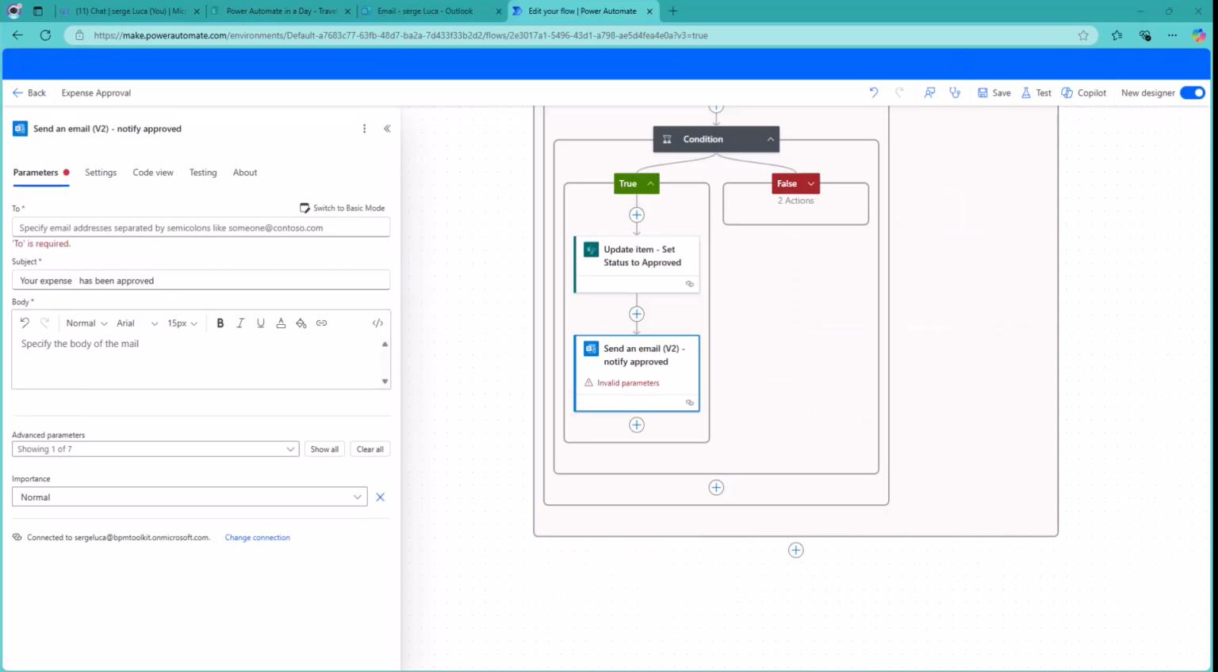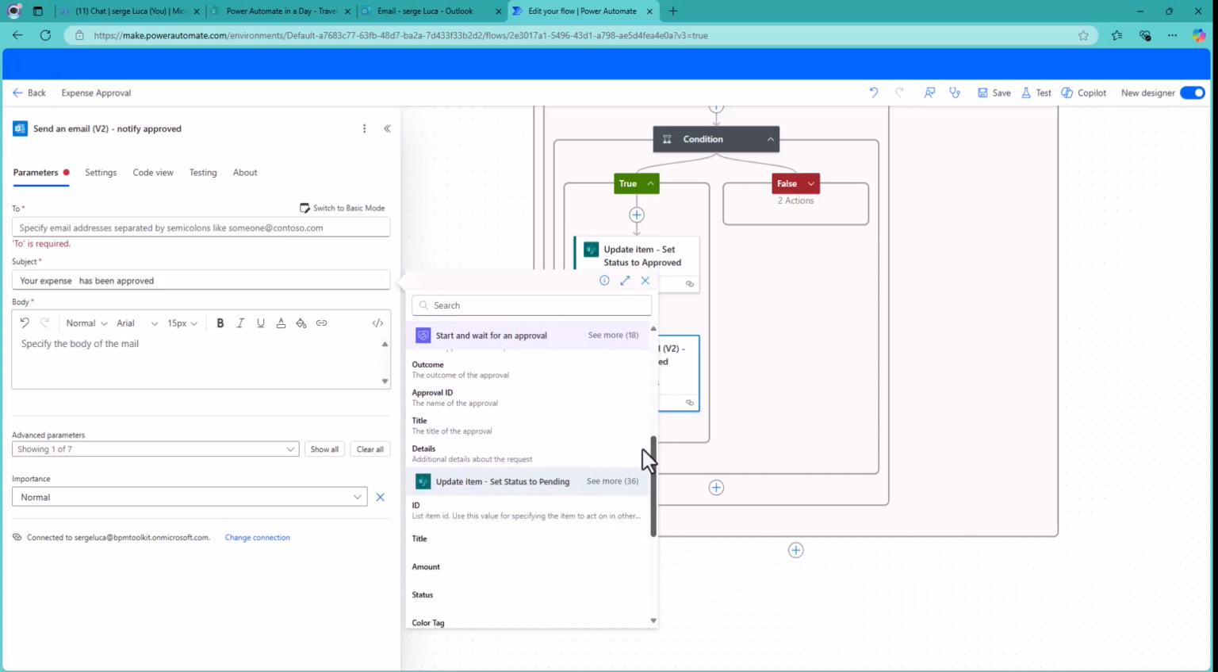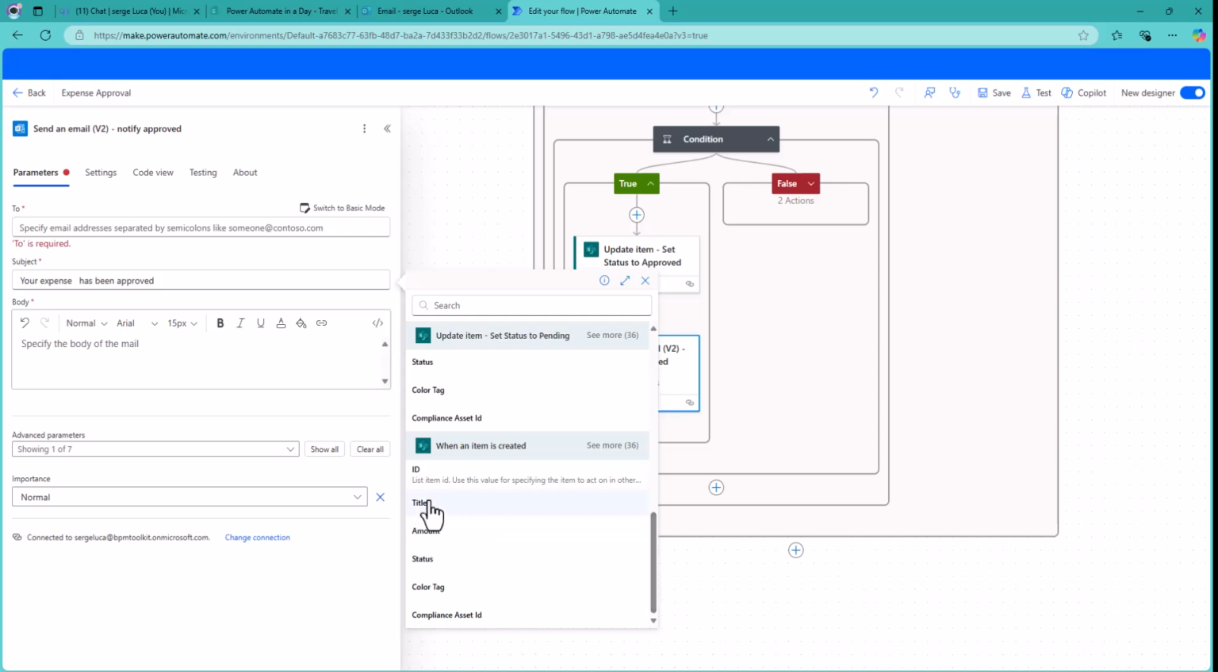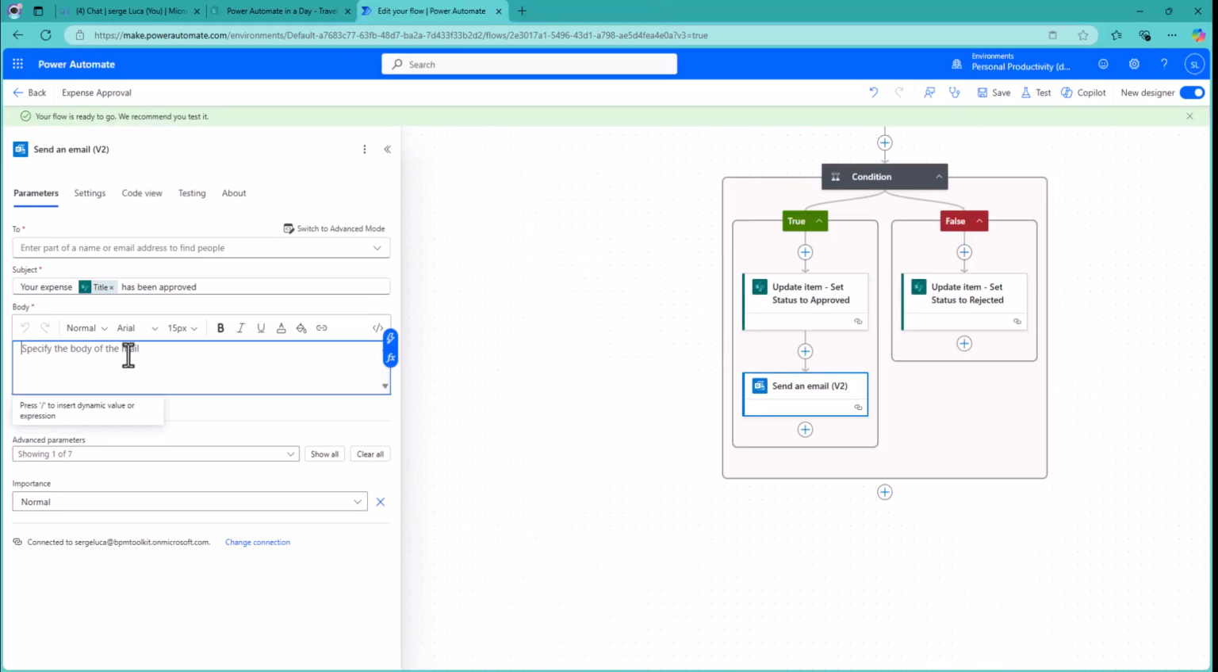Okay, so let's grab the title property from the trigger. Click Dynamic Properties. Don't select the Update Item action, but select the one which is down below, which is the trigger when an item is created. Yeah, so grab the title from the when an item is created. It has been approved by, and then we'll have to find the approver